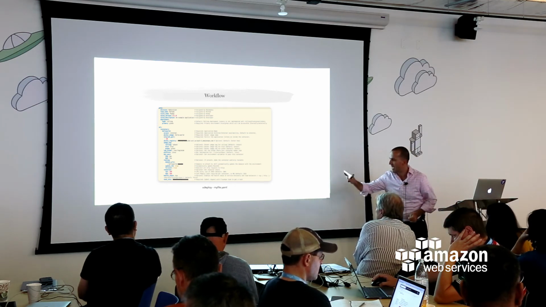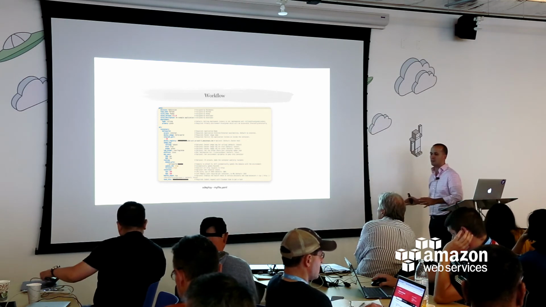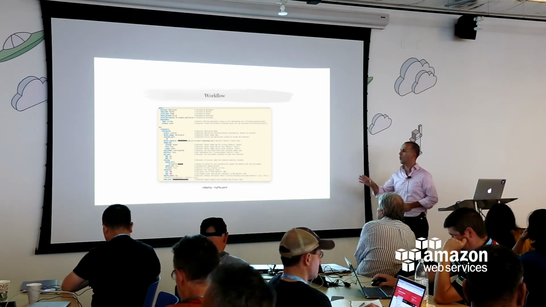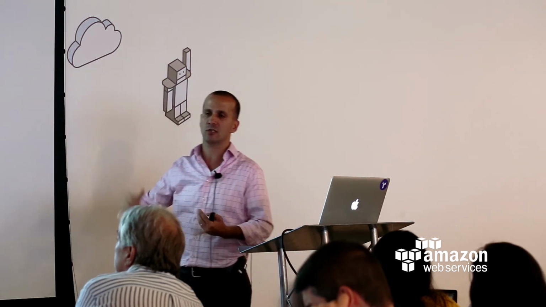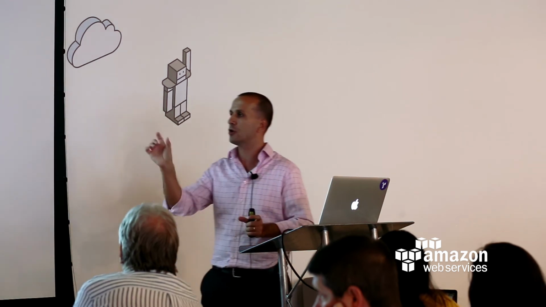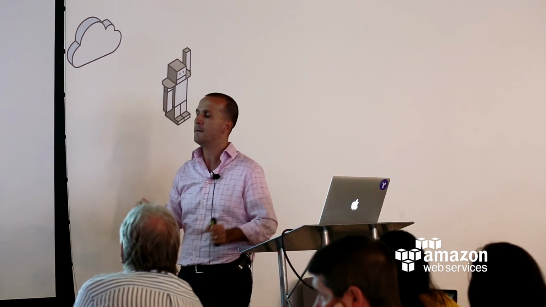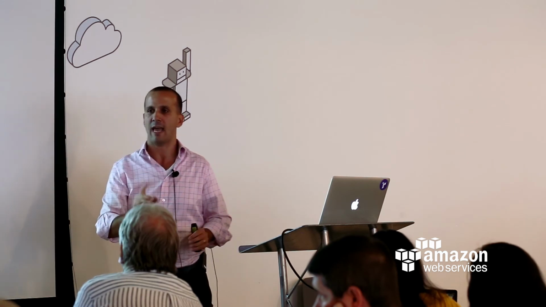Then the last part is the task role, which is very important. Each of our teams has a specific role on AWS, and in this particular case, I will focus on KMS. With each role, we assign a KMS key. So if I'm a developer and I want to pass environment variables and encrypt them, we have a functionality in the tool where you can type the passwords in the YAML file, and when you call our tool, it will leverage your role, call KMS, and encrypt those values. This happens automatically for the developer. The challenge there is we encrypt everything, but they don't have the permission to decrypt.